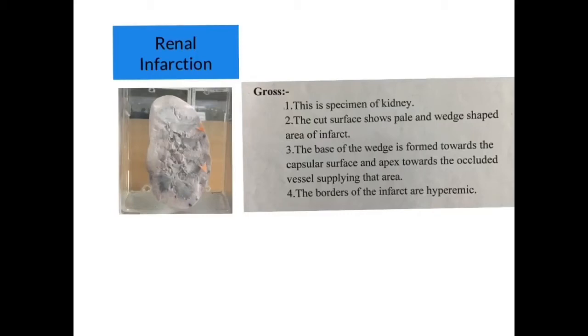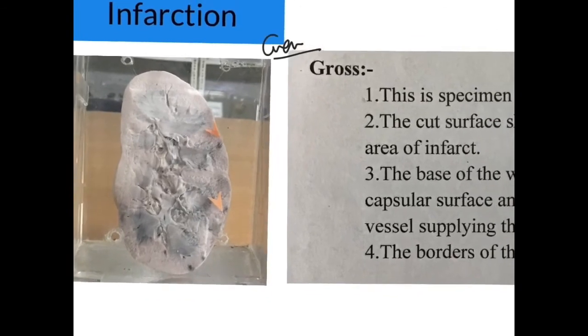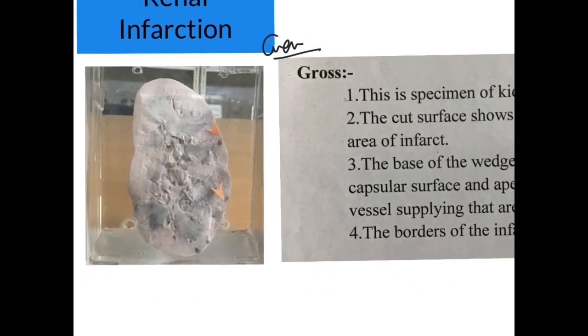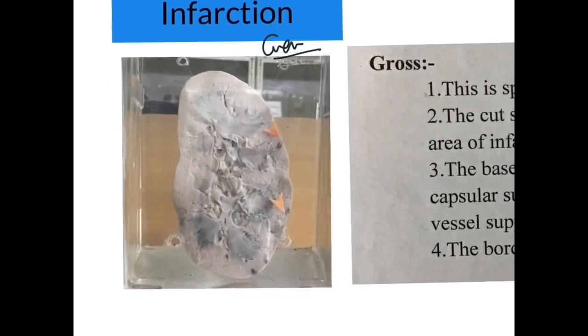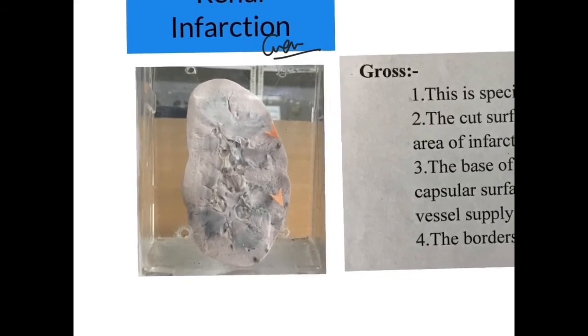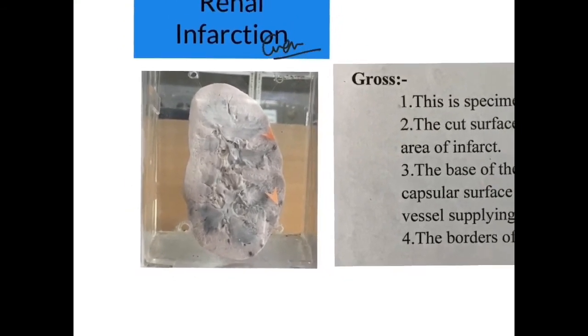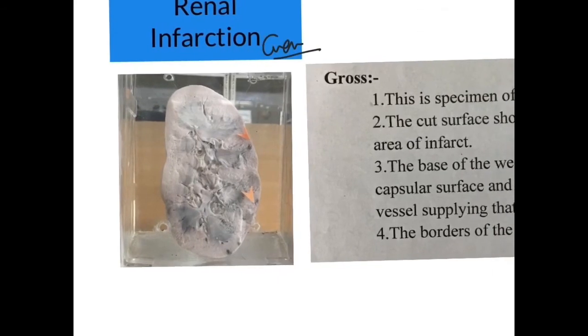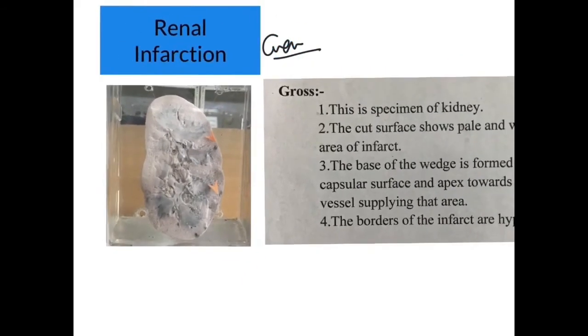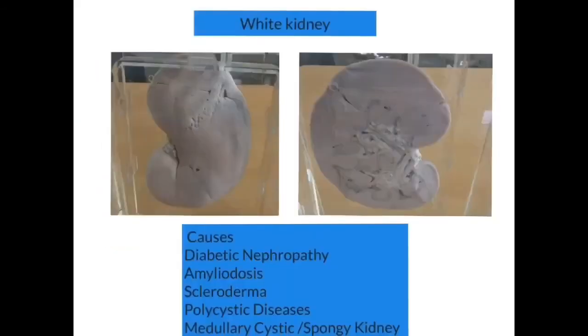First thing is renal infarction, which we already learned in general pathology. In general pathology we saw that there is infarction of the kidney. It is shown by the arrow over here. This is a formalin fixed preserved kidney. So whenever you see this specimen in your laboratory with the 2 arrows, this is one way by which you can remember this is the infarction of the kidney. I am not going into much detail, you already learned it in general pathology.